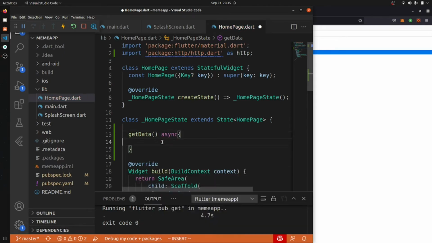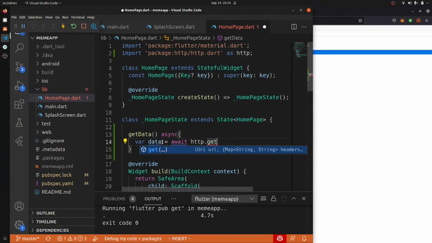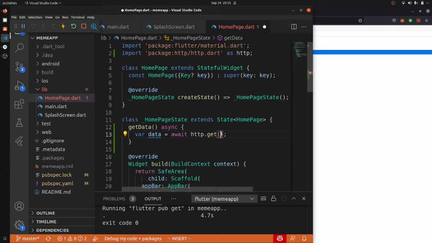Here we will have a var, and data is equal to await http dot get, and inside this we have to pass a URI. The URI is created using Uri dot parse.